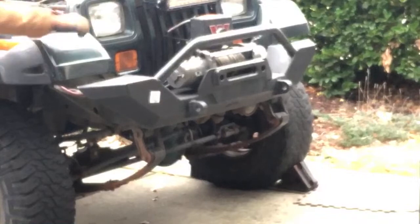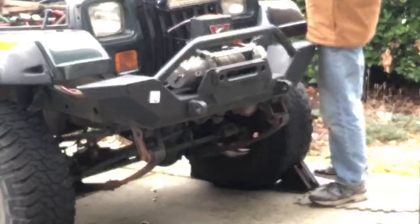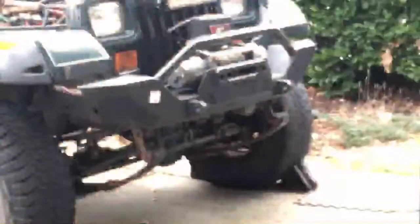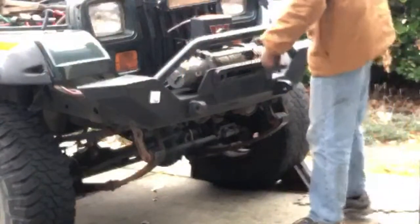All right. Let me trim a couple of those guys off. I want to get my other Jeep in the garage before it really starts raining. But I'm glad I got this winch back on. Mostly, I just got to run the cable out the front here and hook on the